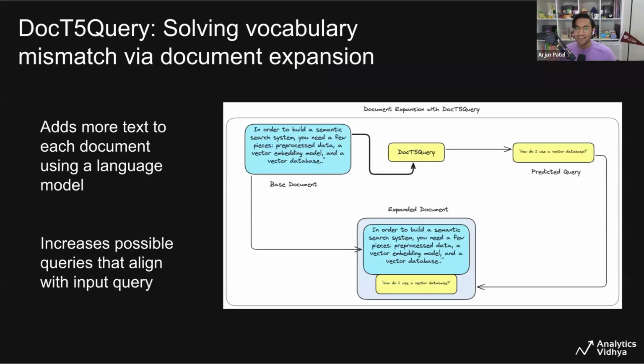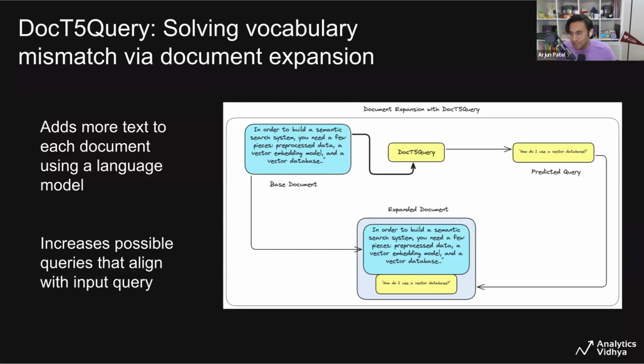How does this work? The first step in the DeepImpact flow is to solve vocabulary mismatch via document expansion. This is a very interesting idea. The idea is that if you have an entire document set in a corpus, and you're worried about people asking the wrong queries to find the documents that they're looking for, then you should just come up with a list of queries that map to the document that you want people to find and add that to the document. Very simple idea. And then once you've added that to the document, the new document is going to be more likely to come up if someone asks a related question.